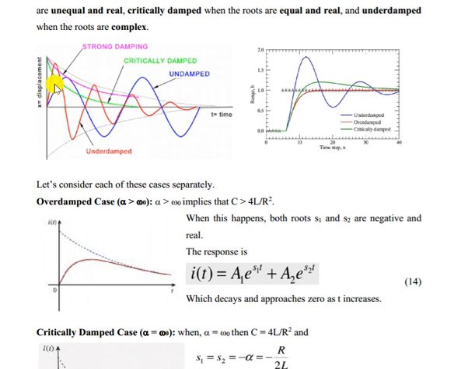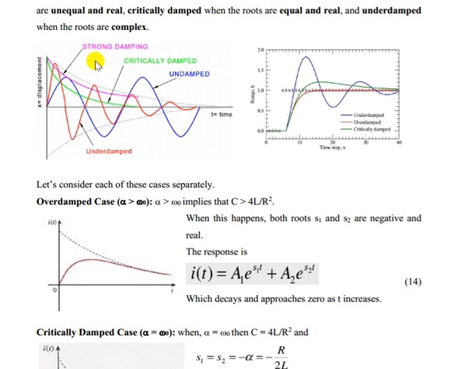A sine wave, an oscillation. That means undamped. Undamped means it is oscillatory forever. Now the red one, underdamped. Underdamped means it is oscillatory in nature, but it is reducing its amplitude continuously, and it will reach 0 or the steady state value at a certain time.